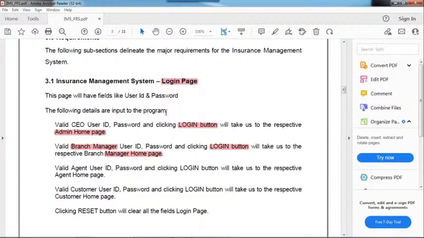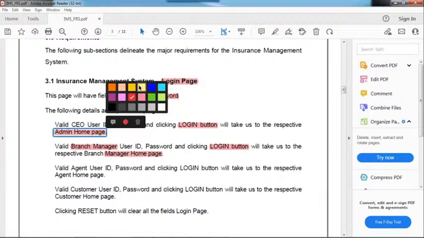In this login page, the fields are user ID and password. What you need to test is to log in to the application. You enter the URL and check the login page. If you log in with a valid admin user ID and password and click the login button, what page should come? The admin home page should come.